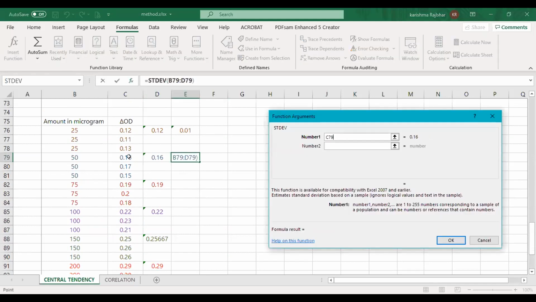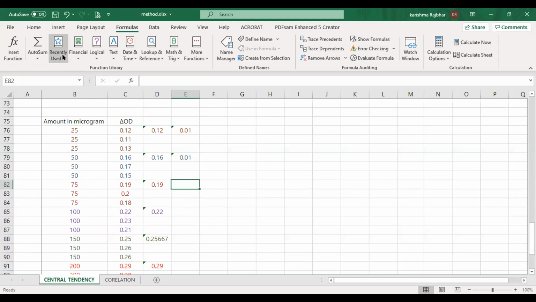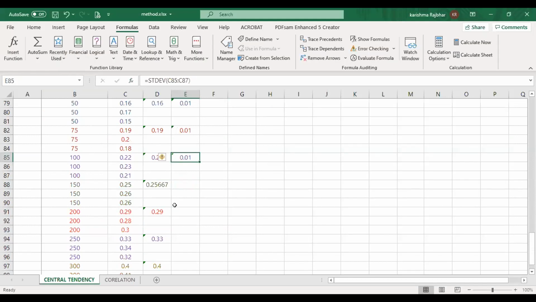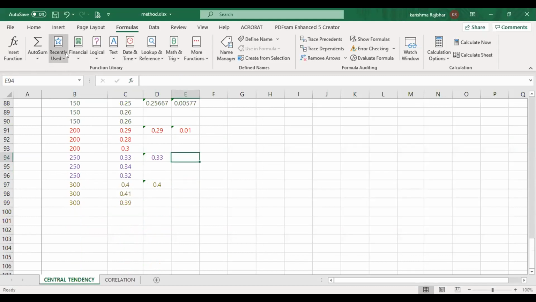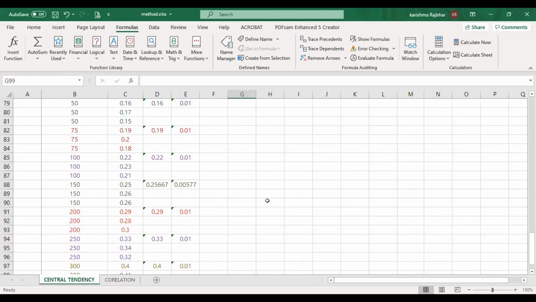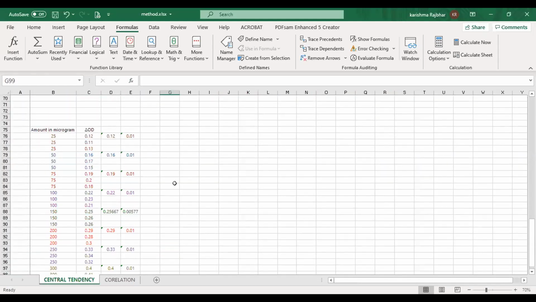So selection of the data is very important, because if you select the wrong tab, then you get a wrong result. Clear? For easy purpose, I made a color selection for you so that it will be easy. So I am just done with this. Just 2 more data. See. Okay. Can you see? I have got all the data of this test. Now this is a mean and this is a standard deviation.